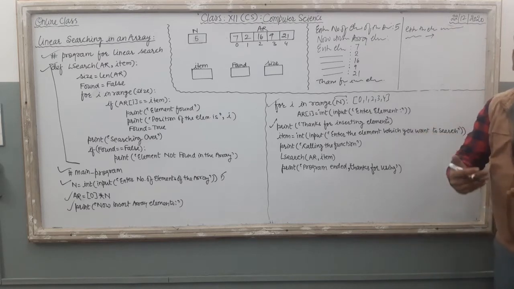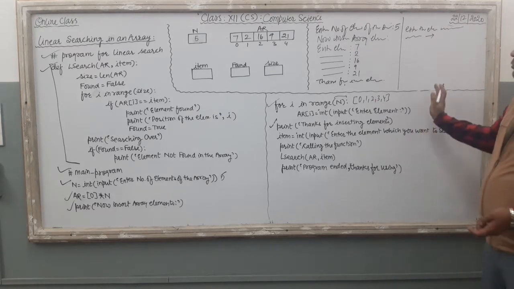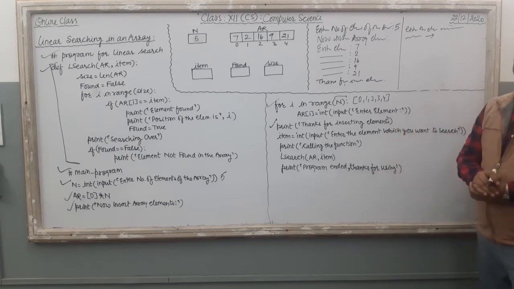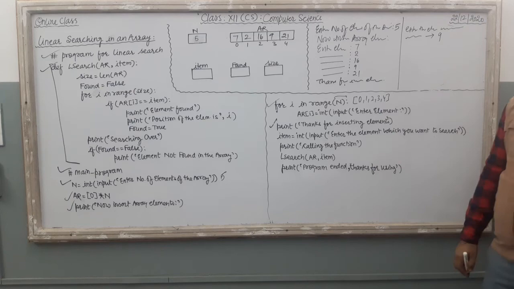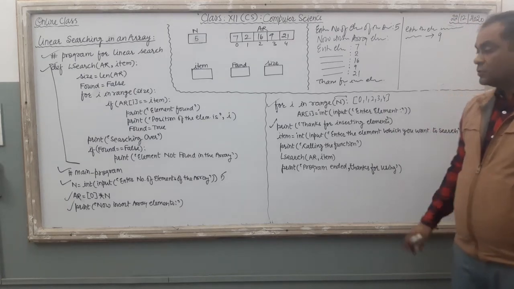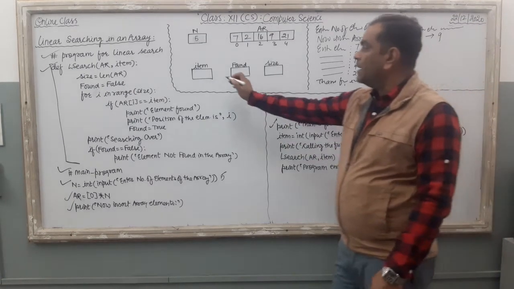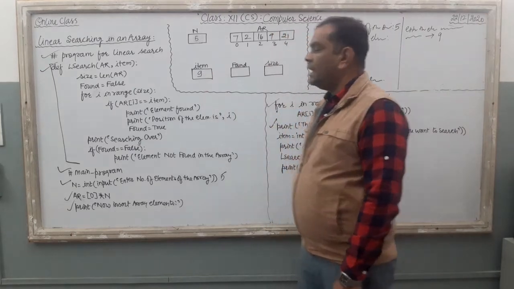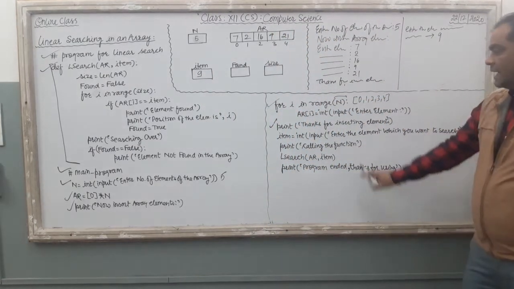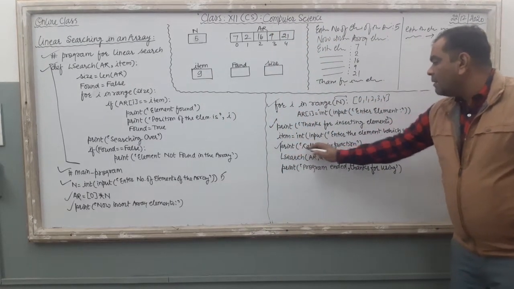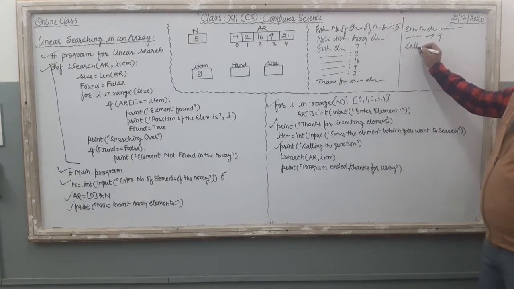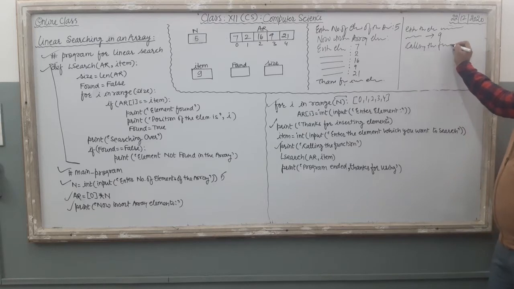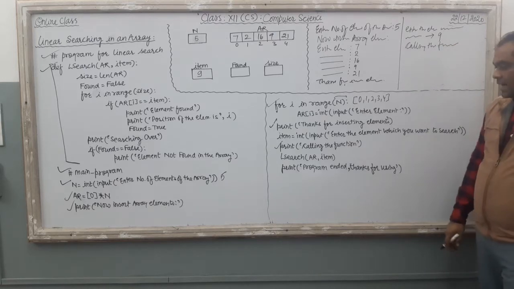आपको जो element इस array में search करना है, you have to enter the specific element. Suppose करते हैं, I just entered 9. I want to search if 9 is there in this array or not. So in the item variable 9 is stored here, right? Then the next line, print here calling the function. So calling the function will be there on the monitor, right?